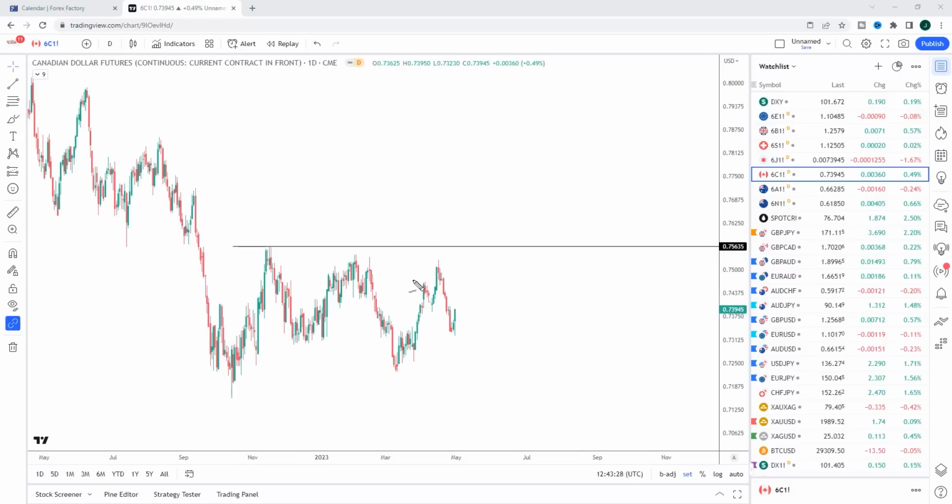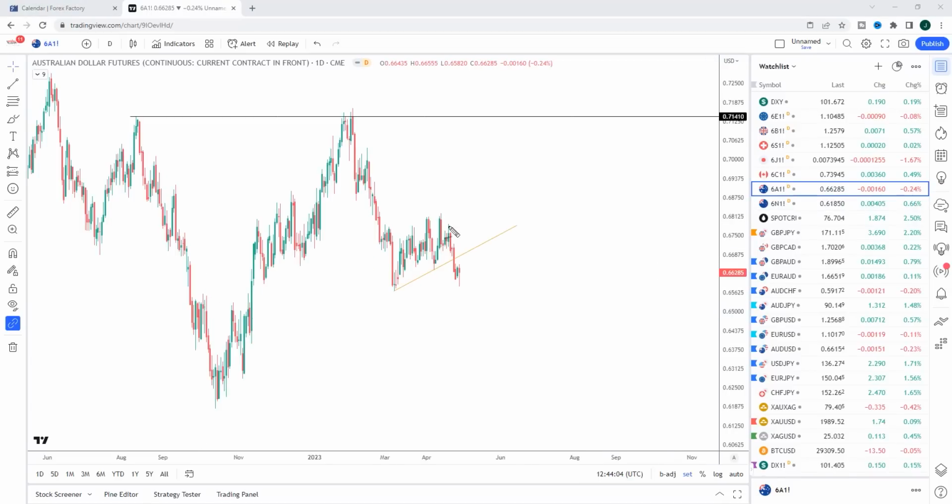The CAD is chopping around, but as you can see, we are forming a potential head and shoulders. So I do think we get some near-term strength in the CAD, but this could very easily just turn into a right shoulder. So near-term, kind of bearish to neutral on the CAD. I think there are better shorts, especially Aussie after the interest rate decision, and definitely the yen. But the CAD, kind of bearish to neutral. So nothing going into this week that really jumps out to me in terms of the CAD.